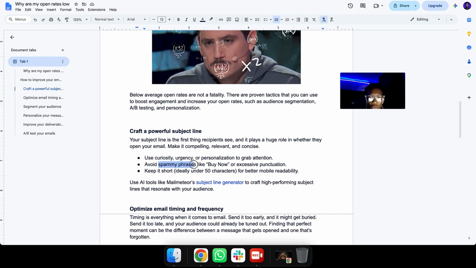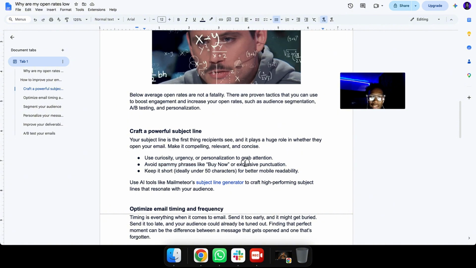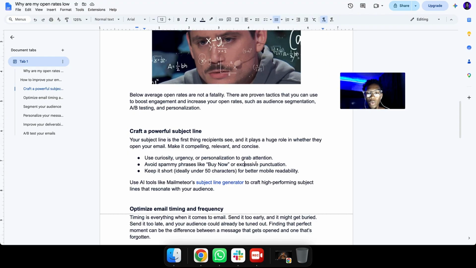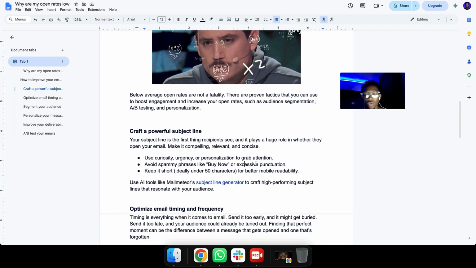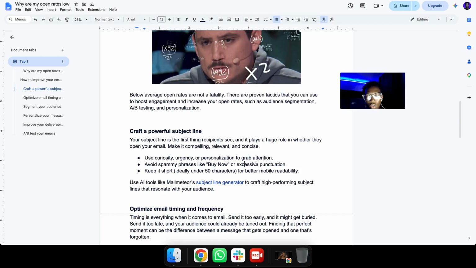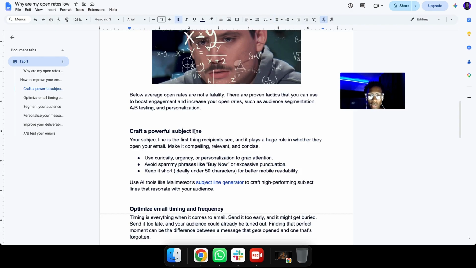Also, you have to avoid phrases like buy now or excessive punctuation. Emojis, you can actually use them. There is no actual problem with that, but you just have to see how exactly you're using them. How you're using them is the main thing for emojis. But punctuation and spammy phrases will just directly kill your email. It will send it to the spam folder, right? So you have to avoid that to make your subject line really powerful and get people to actually